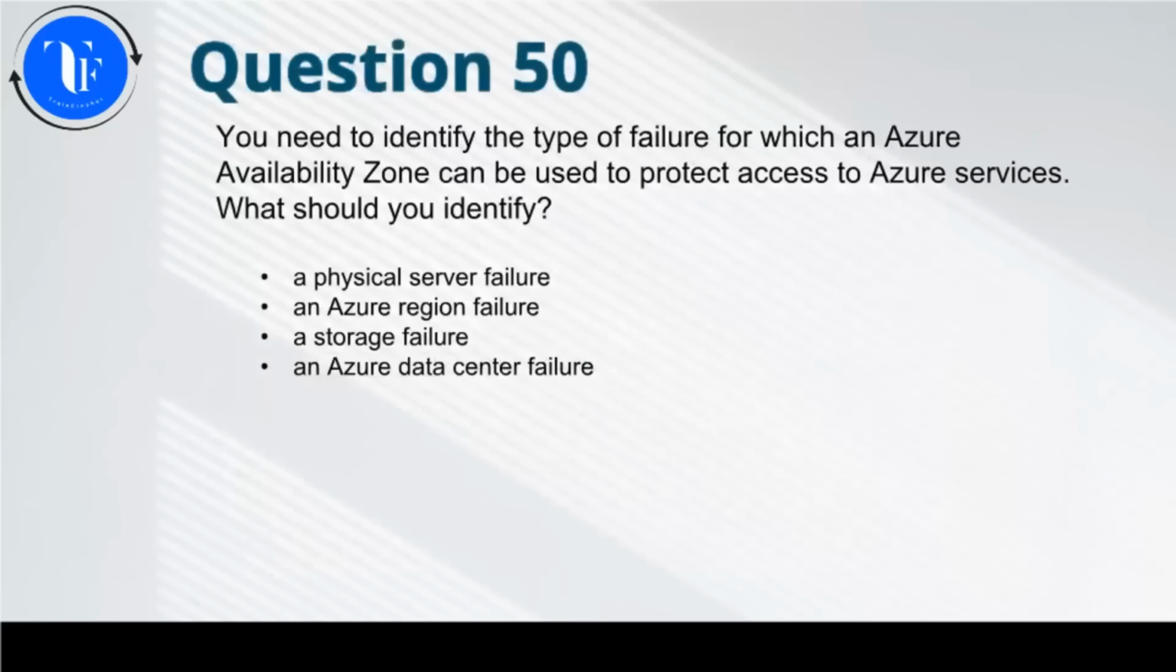Question 50. You need to identify the type of failure for which an Azure Availability Zone can be used to protect access to Azure services. What should you identify? A physical server failure, an Azure region failure, a storage failure, an Azure data center failure. An Azure data